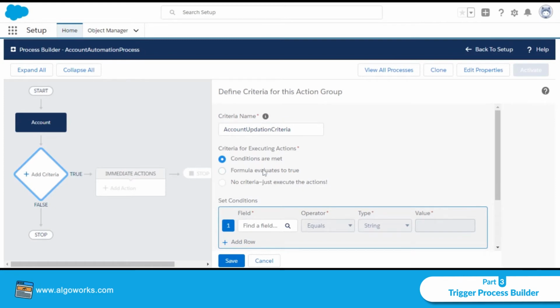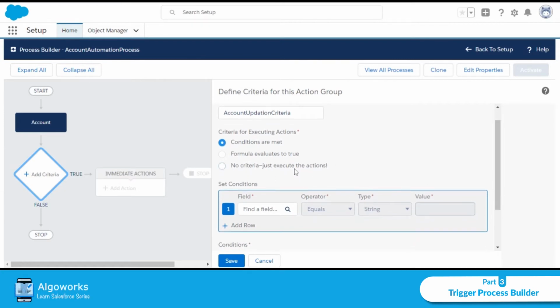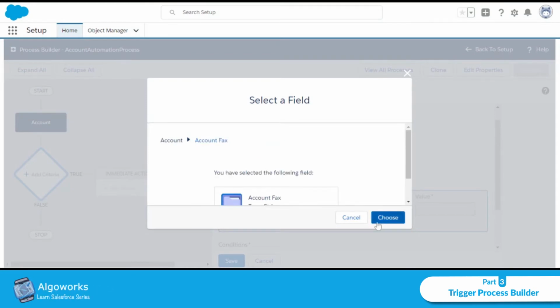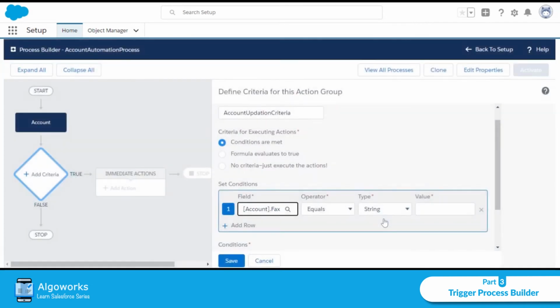We are given three choices here: conditions are met, formula evaluates to true, no criteria, just execute the action. We are choosing the first one. When conditions are met, we will choose our field, Account X. Choose: when Account X is equal to 345892.